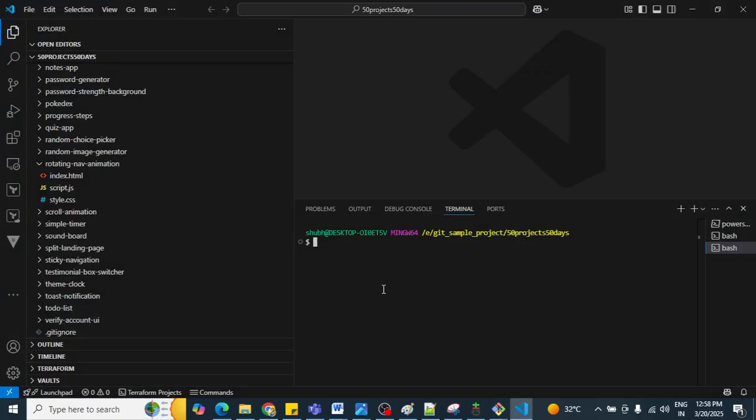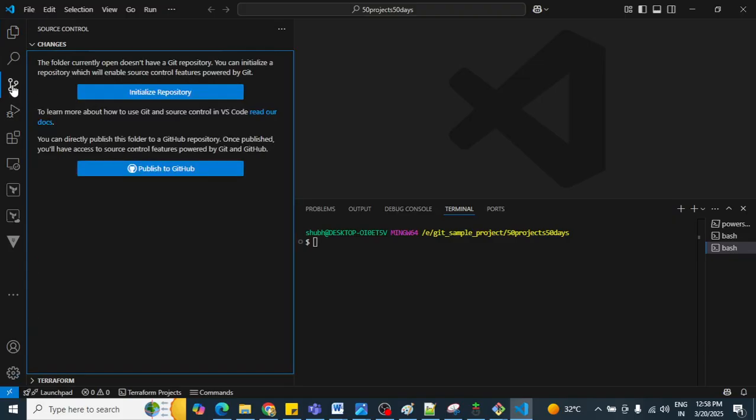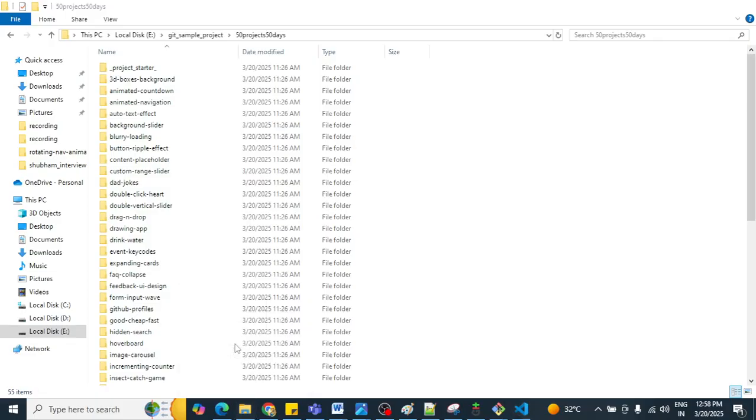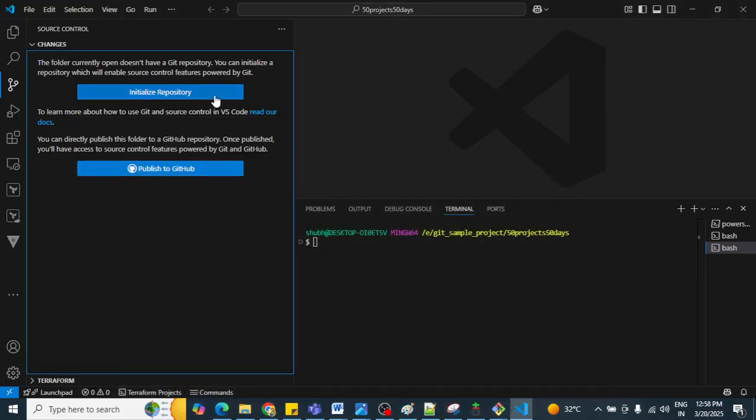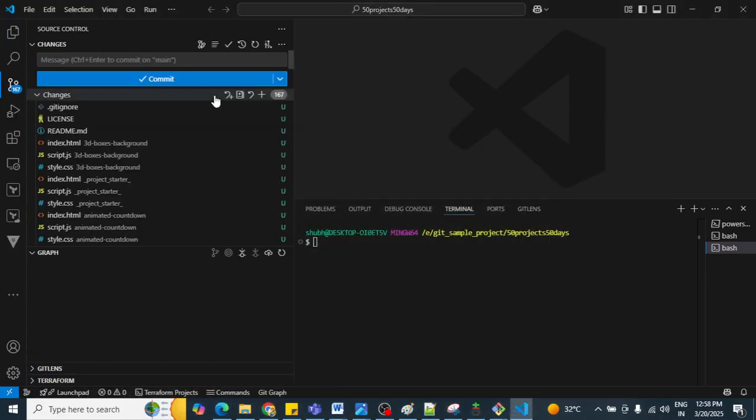Now you want to track your files, directories, and project. You could run the git init command, but you want to do it through some simple clicks. So just click on this icon and click on initialize repository. Now you can see there is no .git folder yet, so click here and you will see that it is tracked by Git again.